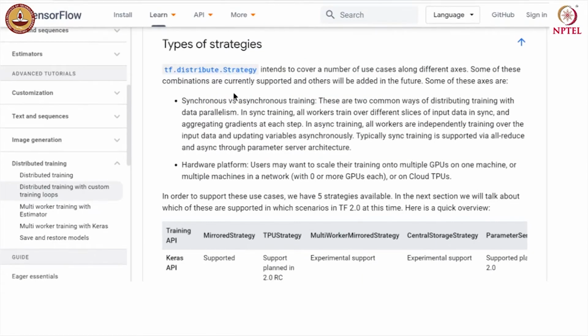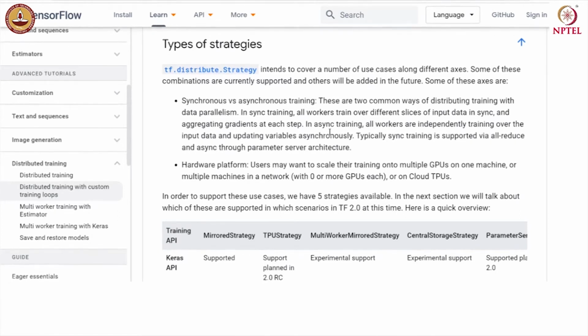So, let us summarize this. There is synchronous versus asynchronous training. In synchronous training, all workers train over different slices of input data in synchronous manner and aggregate gradients at each step. In asynchronous training, all workers are independently training over the input data and updating variables asynchronously. Typically, synchronous training is supported via all reduce, and async training is supported via parameter server architecture.